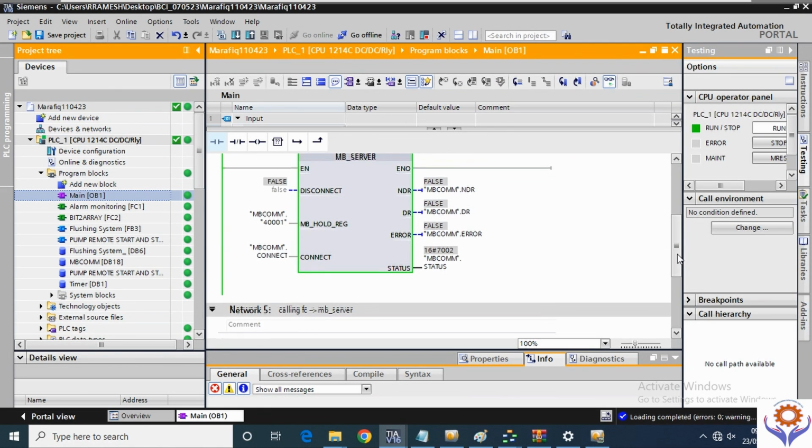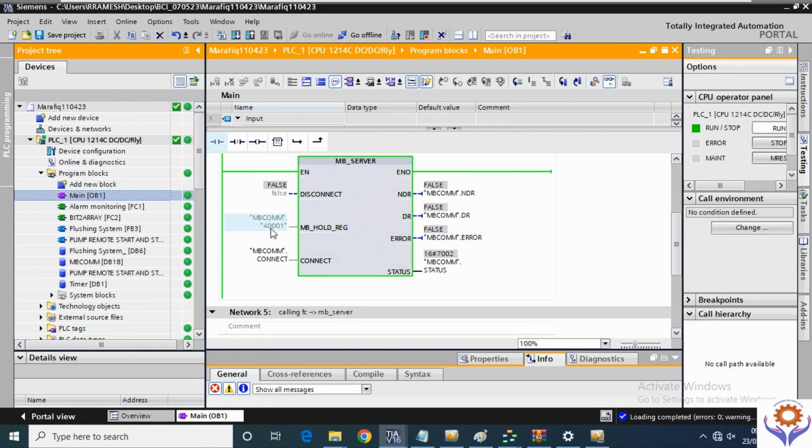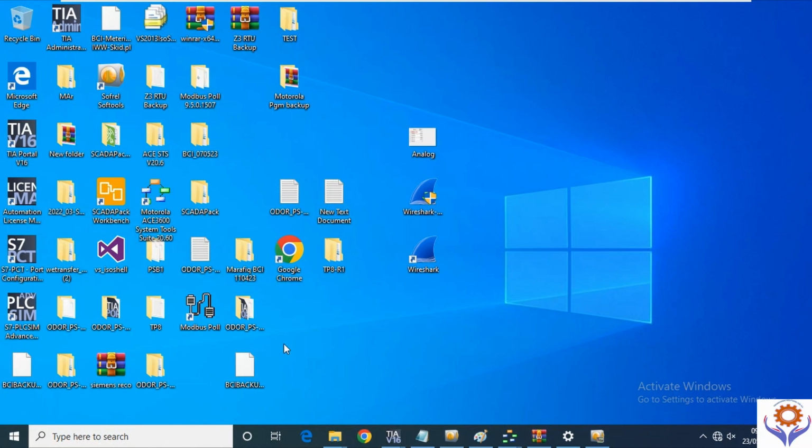And if you go upside, we already made the Modbus server block. This is the Modbus server address, and the disconnection is false, and it is showing Modbus communication 4001. This is like a Modbus holding register, and you use this one for the array. Before we put a bit to array, you can use that. Currently I am trying to communicate with the Modbus pool simulator. Double click the Modbus pool simulator,